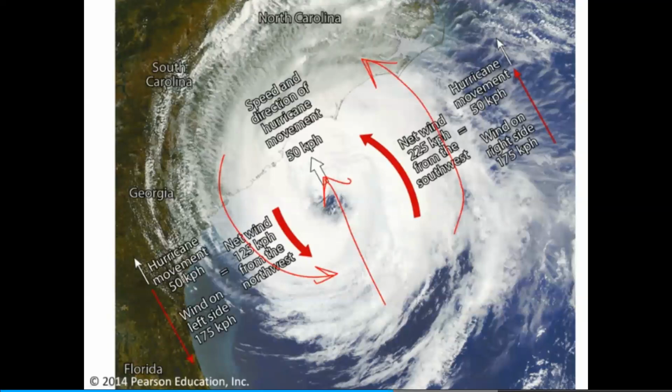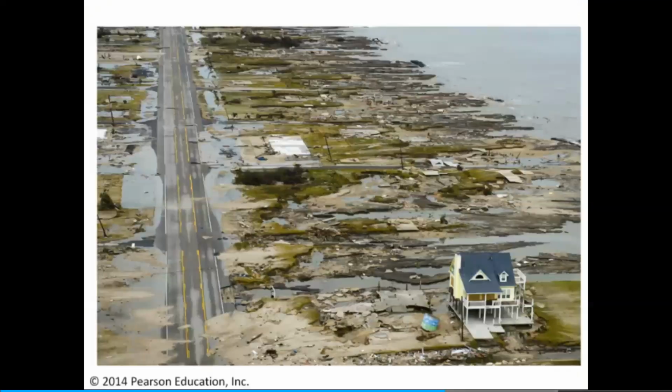On the right side of the storm, the winds are blowing onshore at the same time that the storm system is moving towards the shore. So here you've got a combination of 175 kilometer per hour winds plus 50 kilometer per hour storm movement. And so that adds up to 225 kilometer per hour winds. This is a big deal because it ends up influencing the storm surge, which is the most destructive aspect of these storms. Storm surge is basically a temporary large local rise in sea level